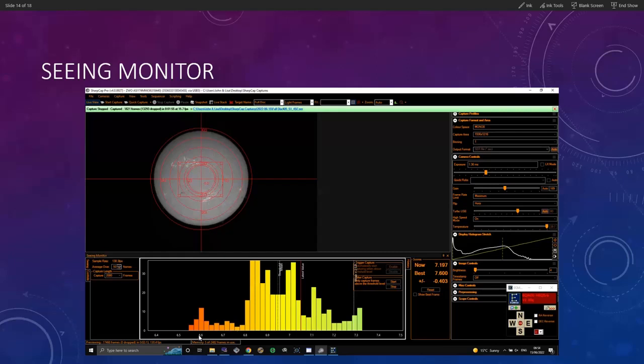If it drops to 6.6, it will not record that image. If it goes to 7.3, it will record that image. If it drops back to 6.75, it won't record it. Okay, so you're basically telling SharpCap only take images that are equal to or better than 6.8 in terms of